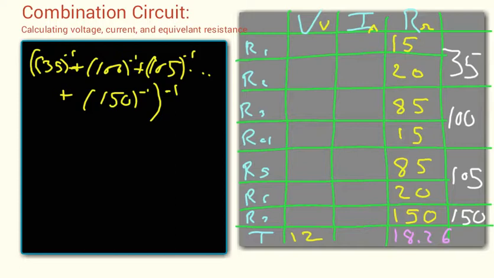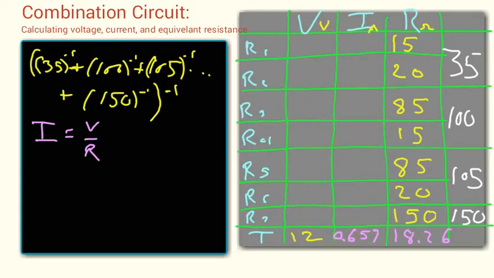Using Ohm's law, which says that current is equal to voltage divided by resistance, we will take the total voltage of 12 volts and divide it by 18.26 ohms of resistance and get a total current of 0.657. Now, we also know that this is the current through the entire circuit, and there's going to be some